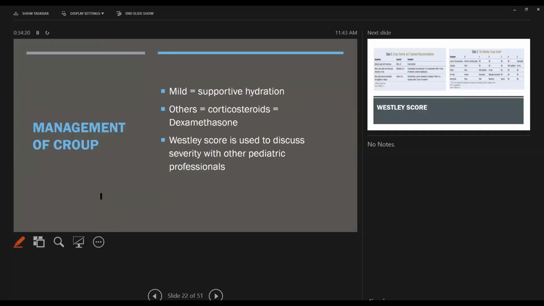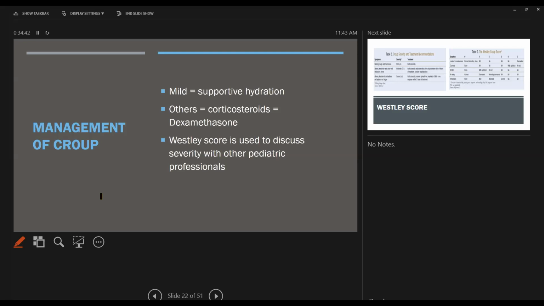Management of croup, well, for mild croup, we're just going to support them with hydration. You can use corticosteroids such as dexamethasone. You're definitely going to use corticosteroids even with mild croup. I mean, they say here, oh, with mild croup, don't do anything. Well, BS. If this kid shows up in my ER, he's getting corticosteroids and he's getting racemic epinephrine no matter